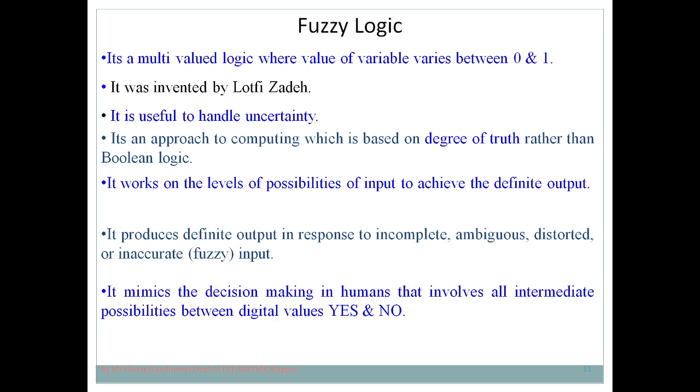But in that case there should be a range: when you can say the speed of the car is slow, when medium, and when fast. It is going to change from person to person. It is not a fixed thing. Suppose the question is asked, what is the speed of the car, and I say the speed of the car is medium. Can we solve this kind of question by using Boolean logic? The answer is no, you cannot solve such a question.